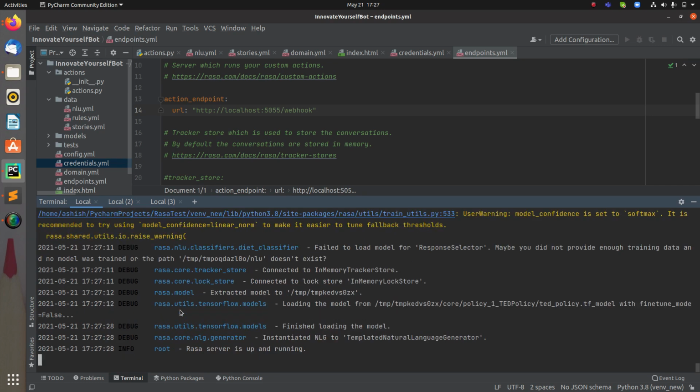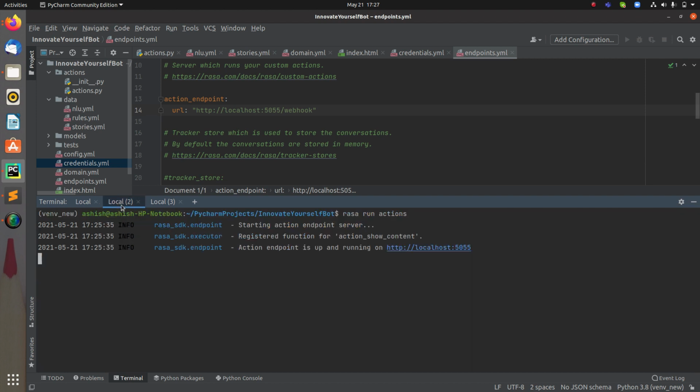All right, so now my Rasa server is up and running, and the action server is also up and running. Now the thing is that currently we have the Rasa server up and running, but it is running locally. So that means we will have a link like localhost colon 5005. But we have to make it globally accessible just because our website is global. So I want my chatbot to be live, so that it can be set up onto my website and anyone can talk to your bot. So in this way I have to do it.